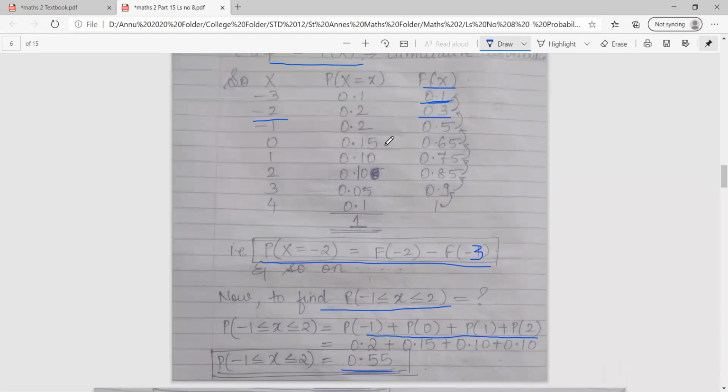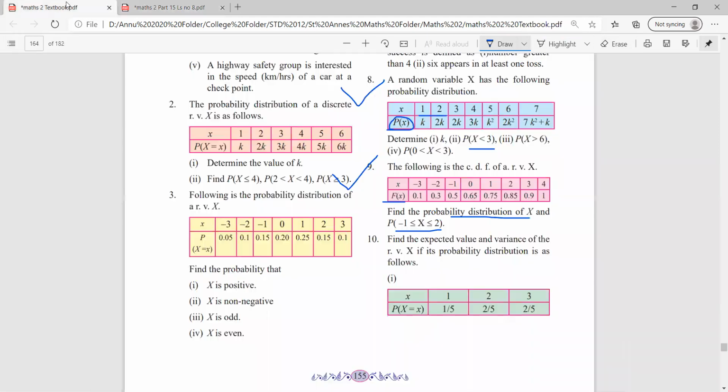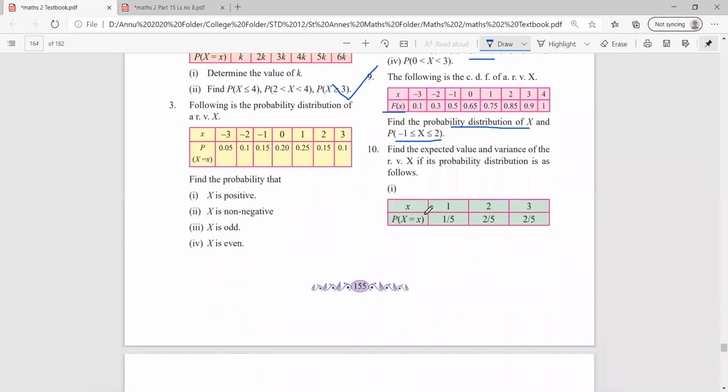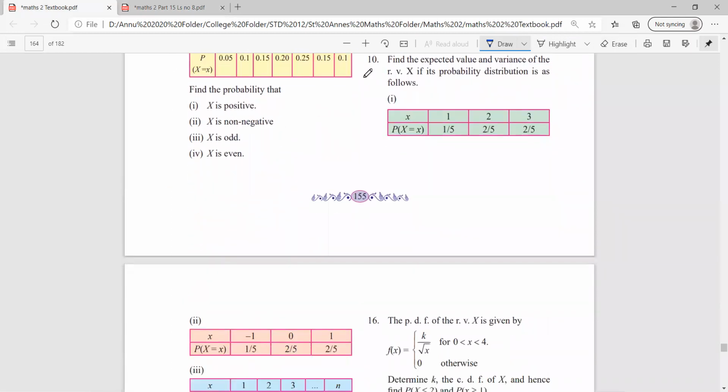And I hope you all know what I have added. I have added these numbers, not the cumulative frequency numbers, but the probability of x numbers. So 0.15, 0.10, 0.10. I hope sums 7, 8, 9, all three, are clear to your class. All right. Moving forward with sum number 10.